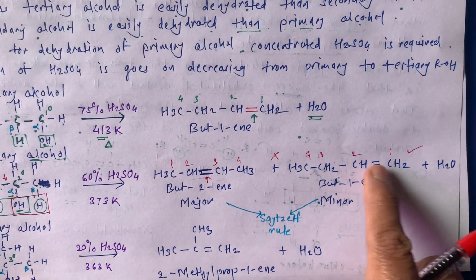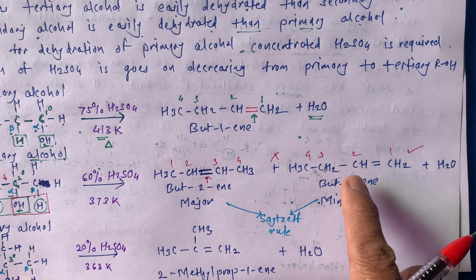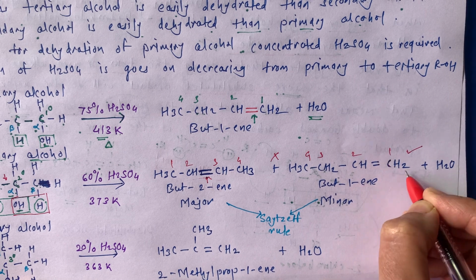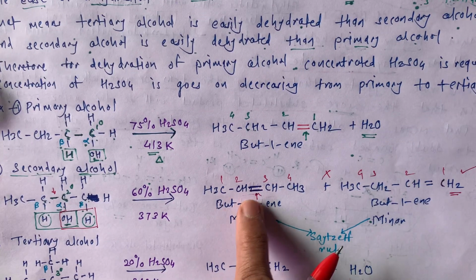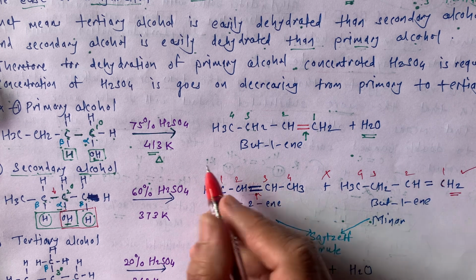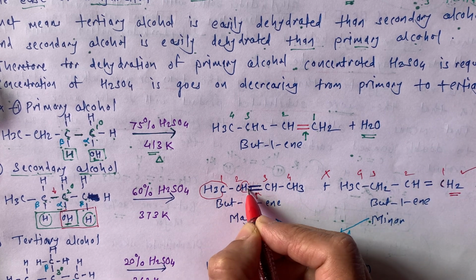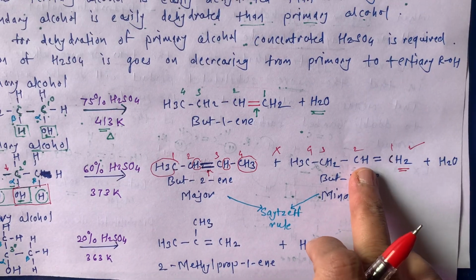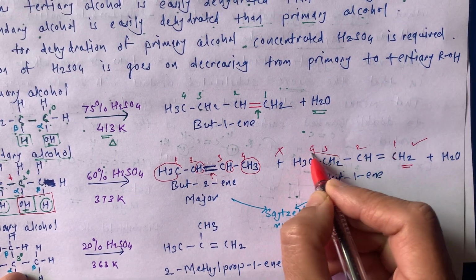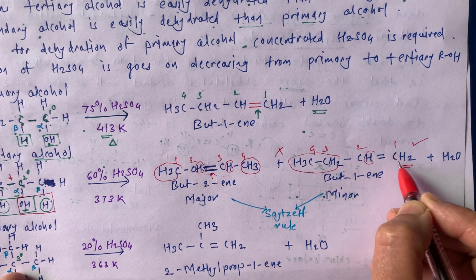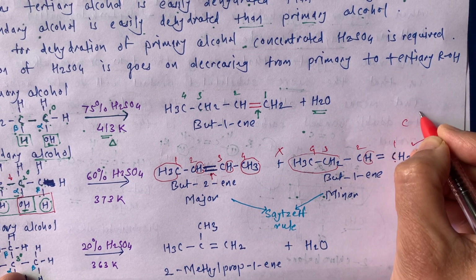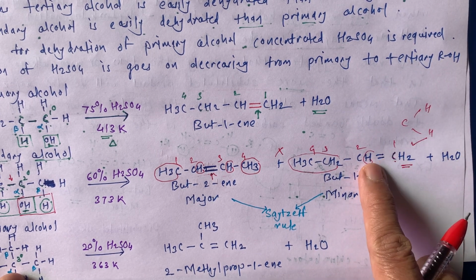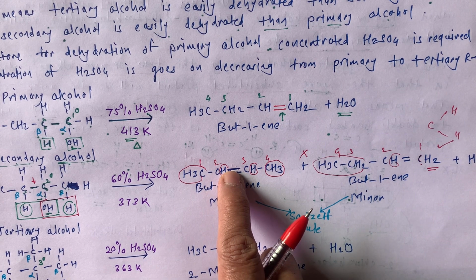Now here, this double bond is not as highly substituted with respect to this one. Why? Because to this carbon here are two hydrogens, while here, to this carbon, there is one alkyl group and this hydrogen, here also one hydrogen and one alkyl group. But here it is not that situation. Here it is only one alkyl group, then hydrogen, and to this carbon there are two hydrogens like this. So this is the less substituted double bond. This is the highly substituted double bond.